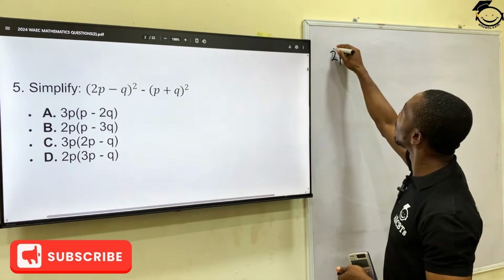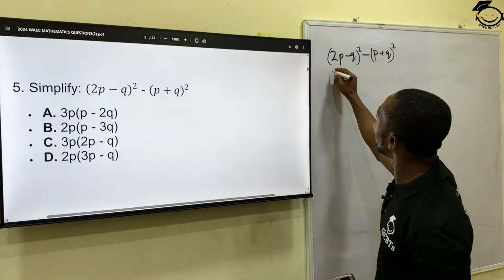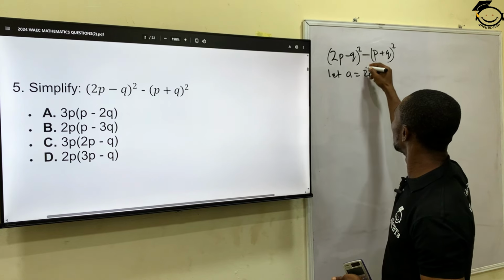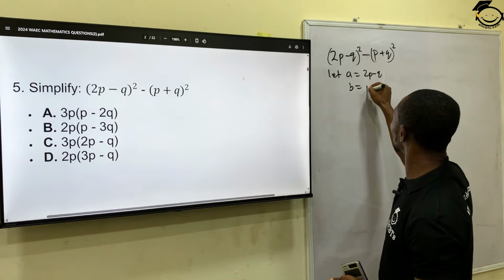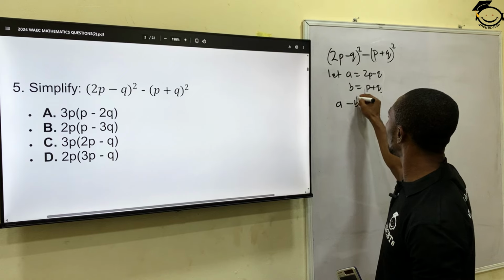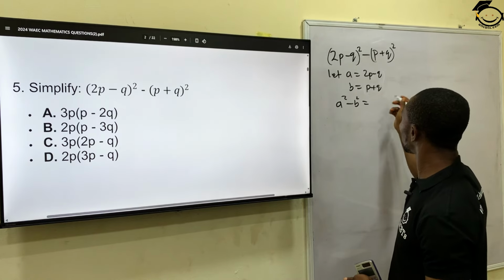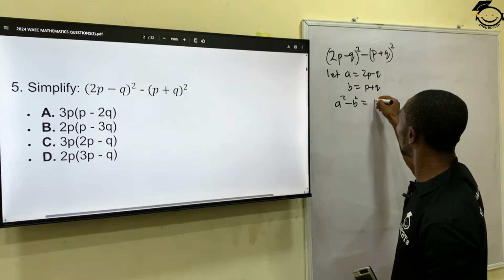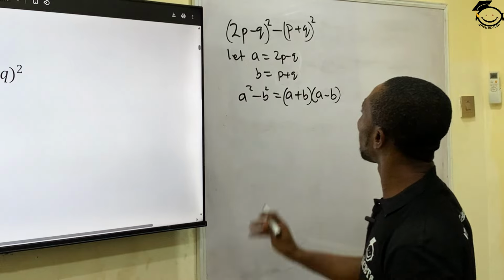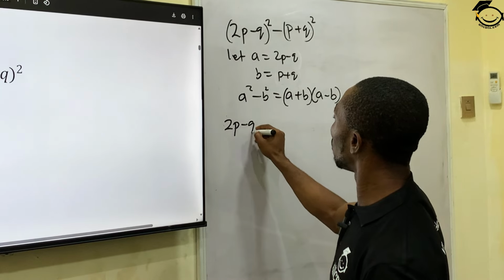2p minus q all squared minus p plus q all squared. Now let's say let a equals to 2p minus q and b equals to p plus q. Now, having this, we know that a squared minus b squared, applying our law for difference of two squares, we're having a plus b times a minus b. All right? So if we apply this, a is 2p minus q